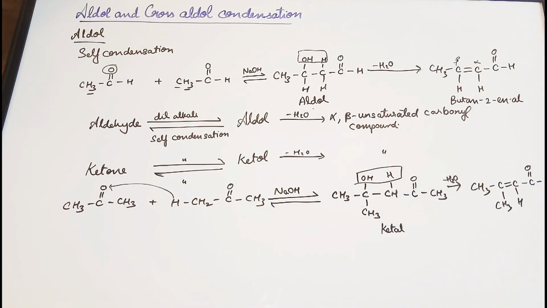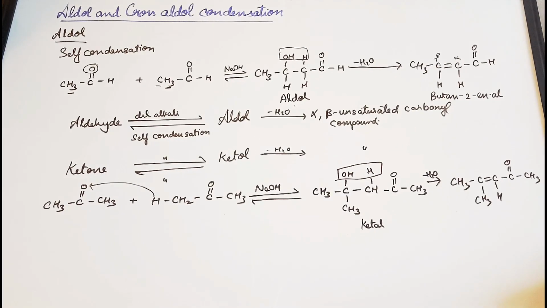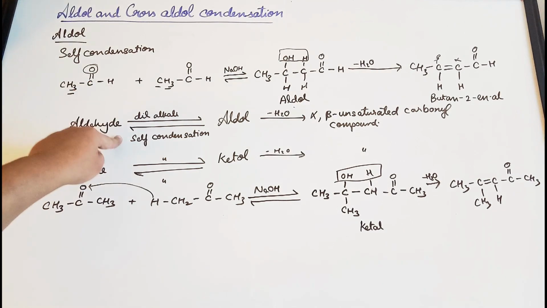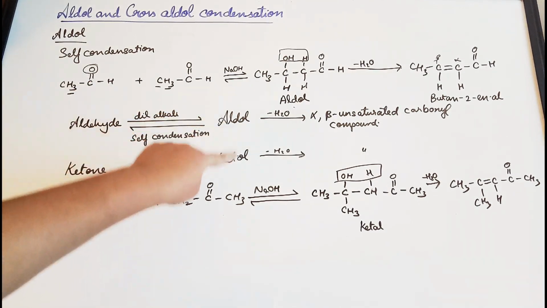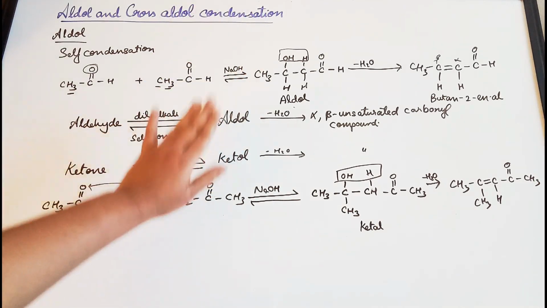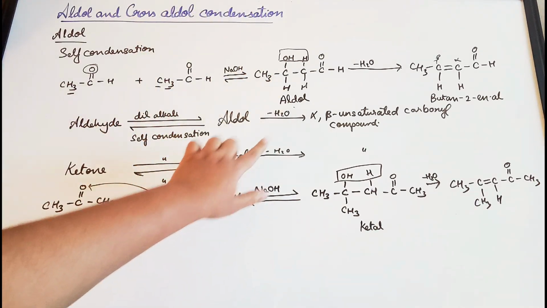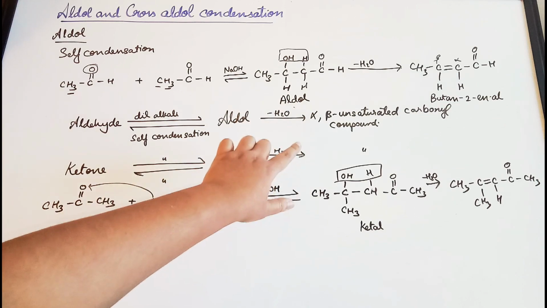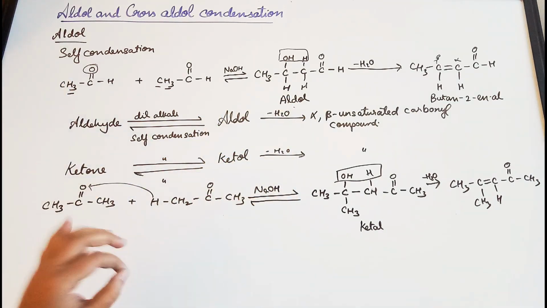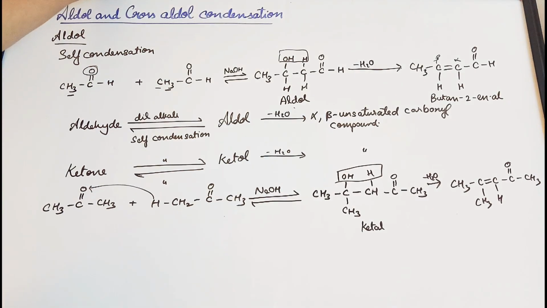That's about it. So aldehydes and ketones undergo self-condensation in the presence of a dilute alkali to give us an aldol and ketol respectively. Aldol and ketol are quite unstable, so they lose a water molecule to give us an alpha beta unsaturated carbonyl compound,